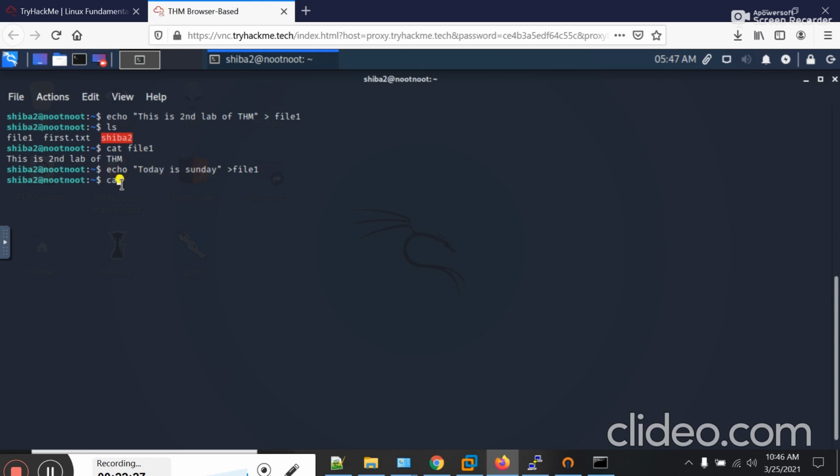Now if I want to show the content of file 1 and hit enter, you can see that the content of file 1 is today is Sunday. Previously it was this is second lab. So the greater than operator also erases the previous content of a file and replaces it with the new output.